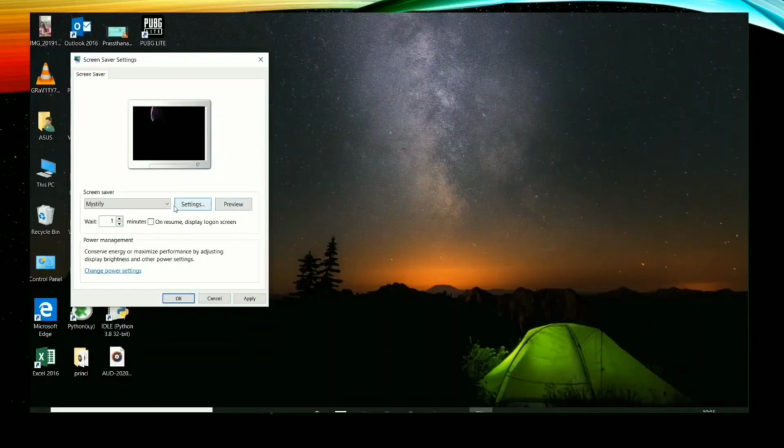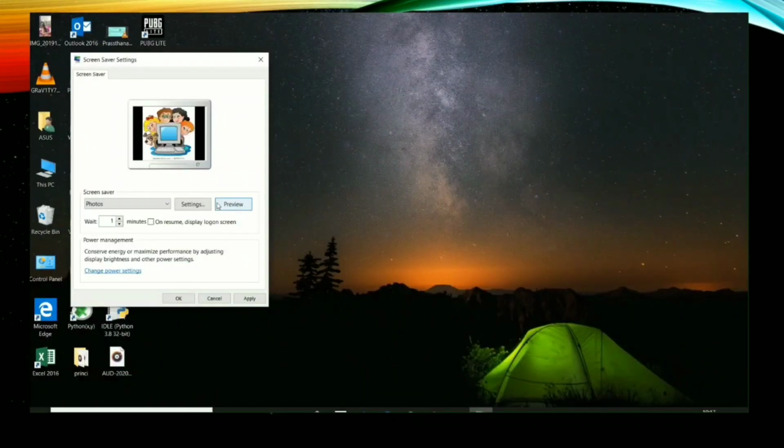Several screensavers you can attach. So now I'm telling you one more. Here I have taken Photos. This screensaver works for photos which are saved in your computer. One by one it displays all the photos. Here I am showing you a small preview. Okay, 3 photos preview. Now done.